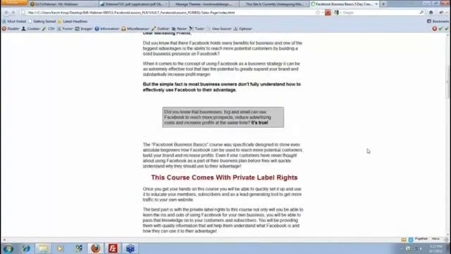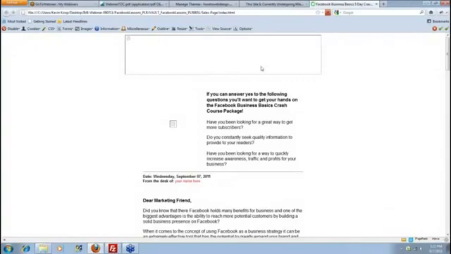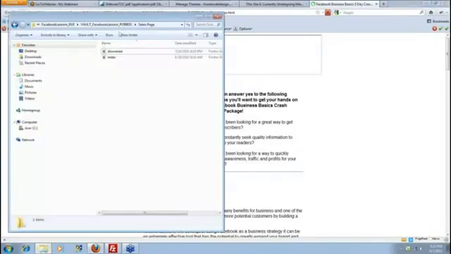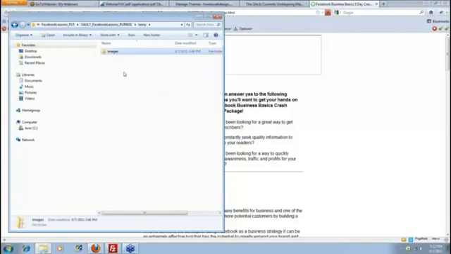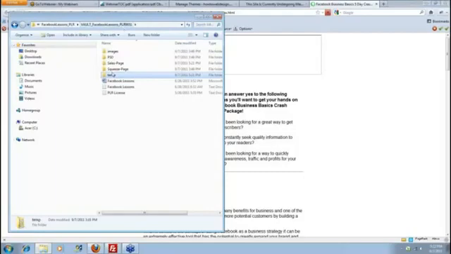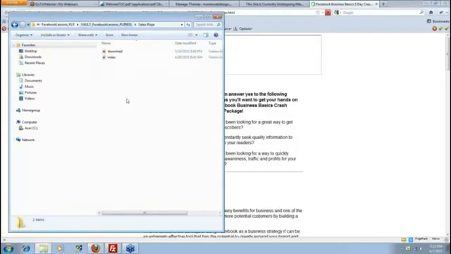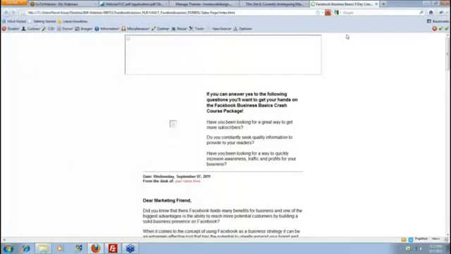So if you see something like this, or if your layout is broken, you want to stop right there and fix it before you go any further. If everything appears properly, then you're okay to move on to the next step. So with that, I'll go back in here, go back inside temp. I'll cut that again. I'll put it inside of sales page, put it back, and now that it's back where it's supposed to be, if we refresh,